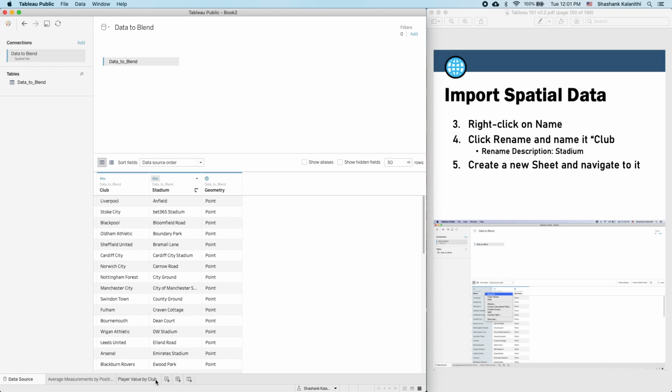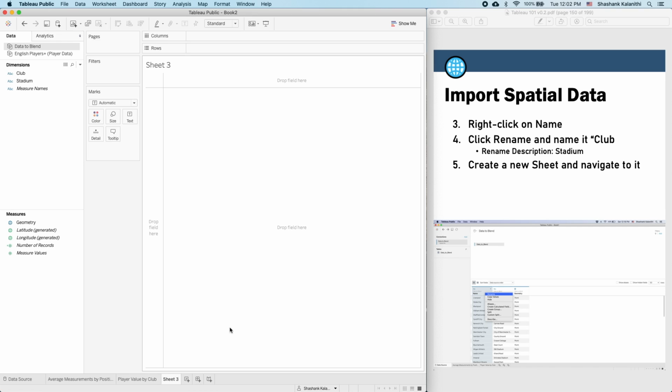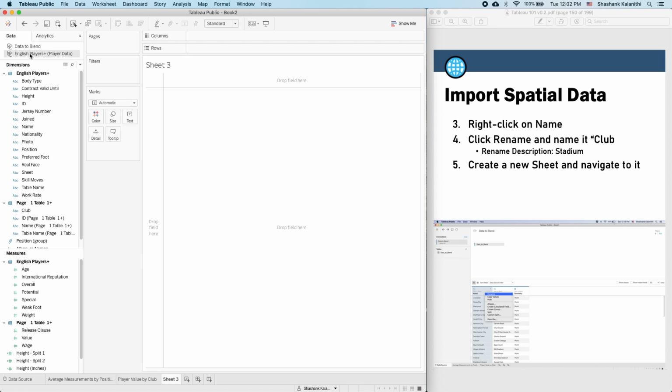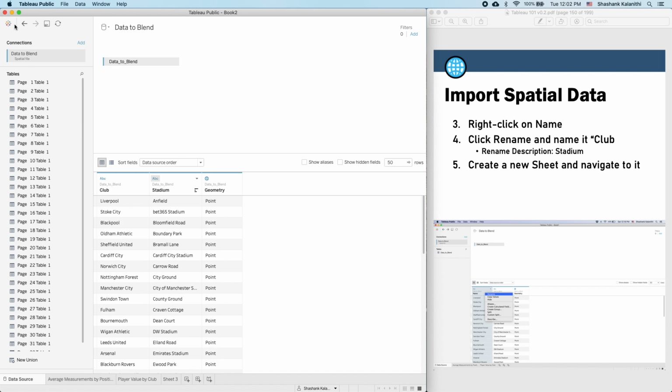All right, good stuff. Let's create a new sheet. And you can see now we have two different data sources over here. We have this data source, the one we were just working with, English Players Plus. And if we go back to this data source window, so click on that and then go back to the data source window,